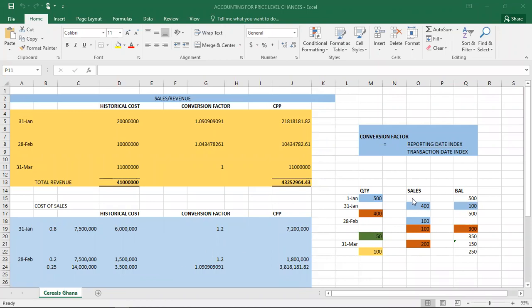So based on that, I told you that we use the FIFO method of distribution. The first purchases that came is 500, second purchases that came is 400, next purchases that came was 50, the next purchases that came was 100. So the first sales, we took it from where? Here. I decided to use the same colors so that I can see. Now the first 400, this 400 was taken from here. When I took this 400, how much was left? 100.